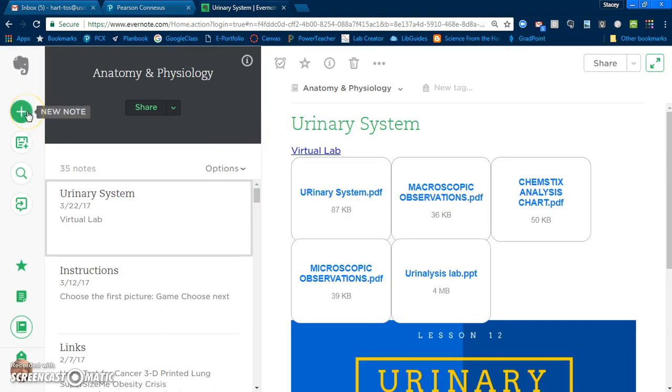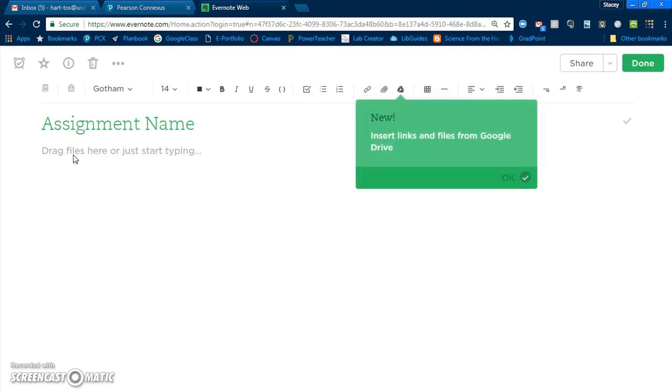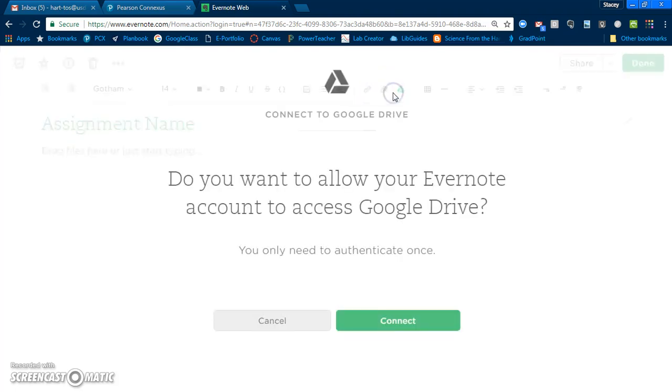So we go to the plus sign over here on the left, and we title our note with our assignment. So this needs to be given the assignment name. So it could be 1.01 Chemistry and You, or 1.01 Scientific Method. Okay, but make sure that you give it a name. All right, then what you can see is you have lots of tools. Once you put your cursor into the field where it says drag files here, or just start typing, you get lots of options. You can attach a link, or insert a link, attach a file, or pull something directly from